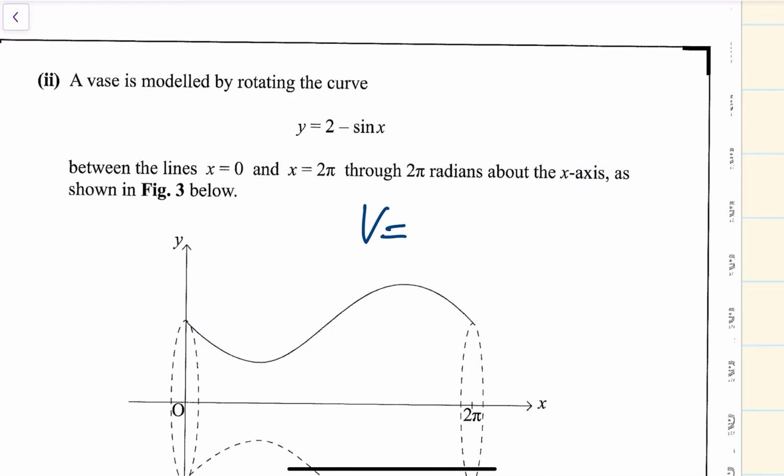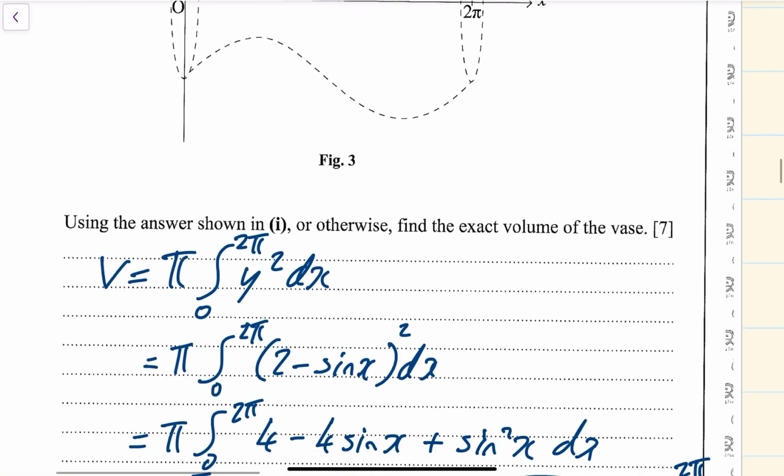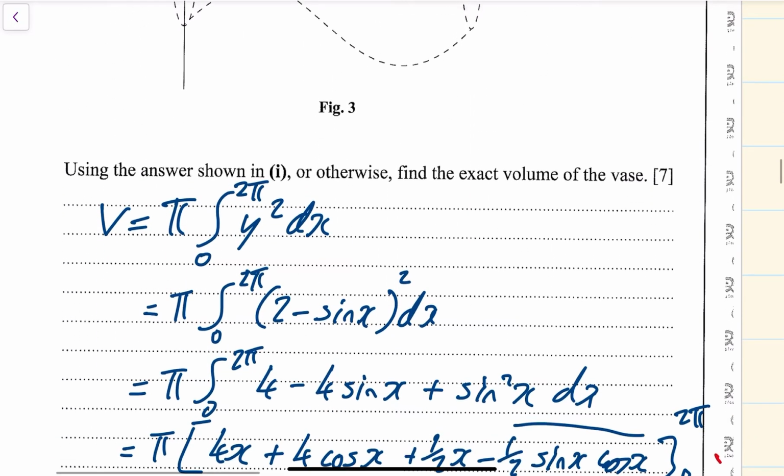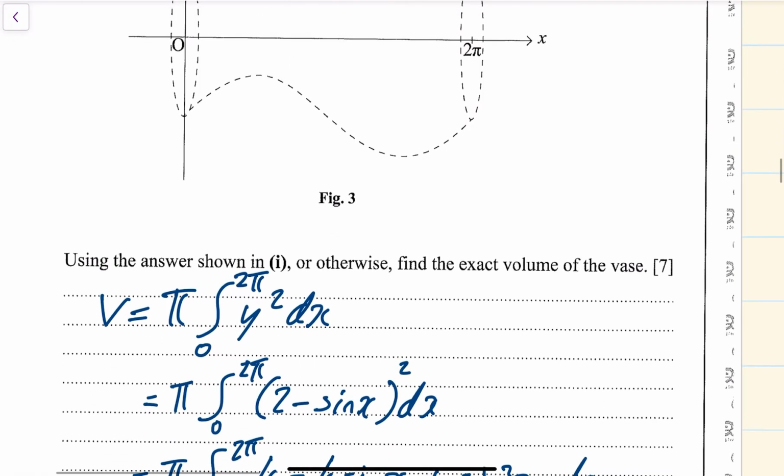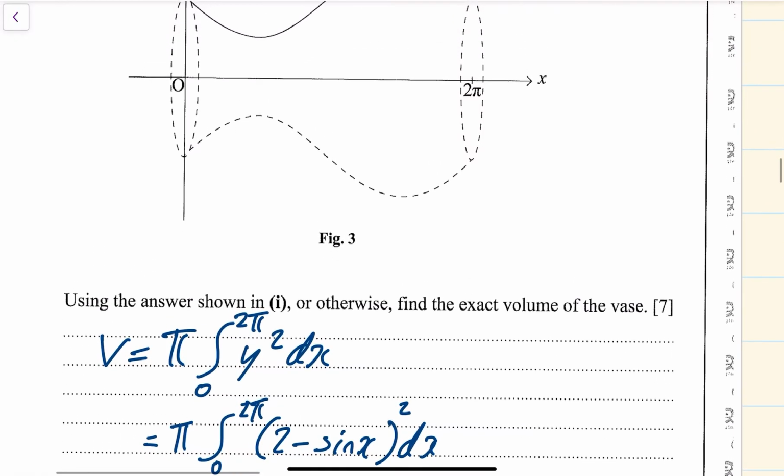This is using volume of revolutions, which says volume is equal to pi, the integral between x equals a and x equals b of y squared with respect to x. That's how you find a volume of revolution when you rotate around the x-axis. So here, it's the integral in this case. V is equal to volume is equal to pi times the integral from 0 to 2 pi, because 0 was here, 2 pi was here, of